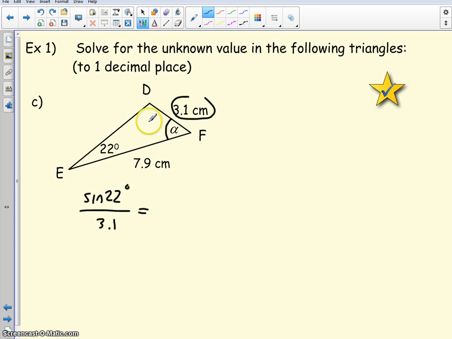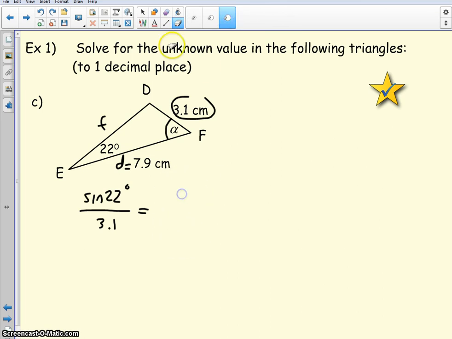Now, what do I compare it with? Well, I'm looking for angle F, the alpha here, but I don't have the side across from that, so I know nothing from this ratio. So I can't yet do sine F over side F because I don't know any of those yet. What I can do though is work with angle D and side D, which is a 7.9. Okay, so instead of this,